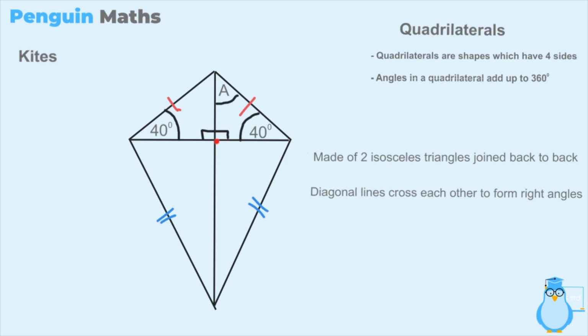We already know two of the angles. We know that this is a right angle and we know that this one is 40 degrees. And the rule of triangles is that they all must add up to equal 180 degrees. Therefore, we can say that